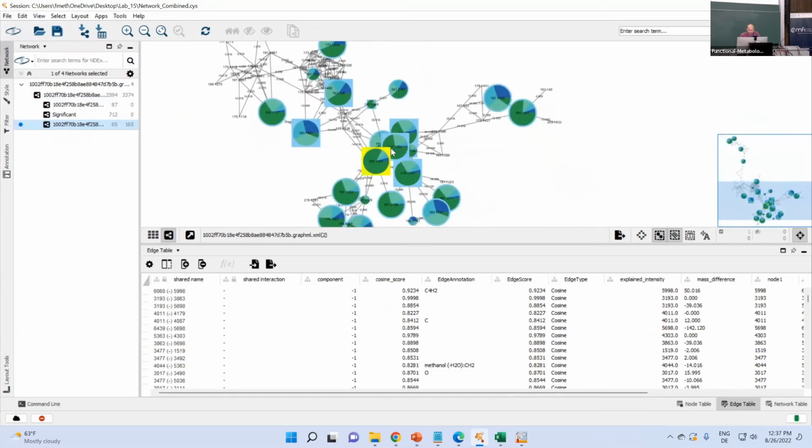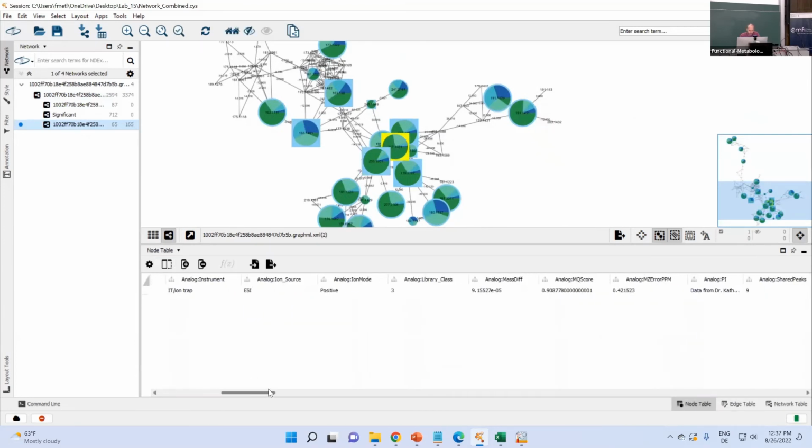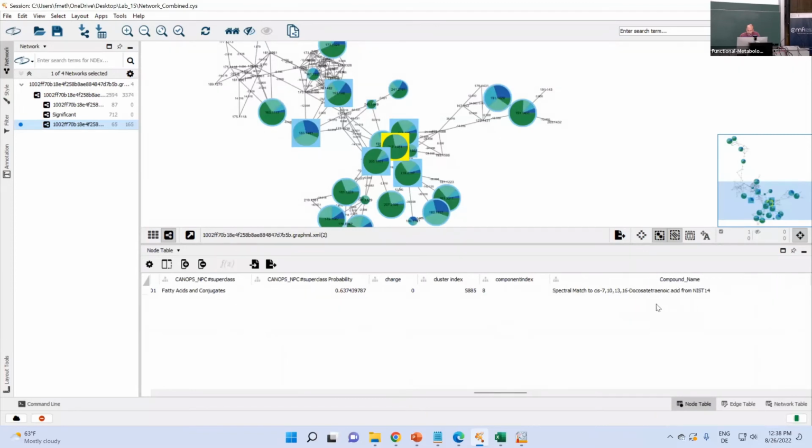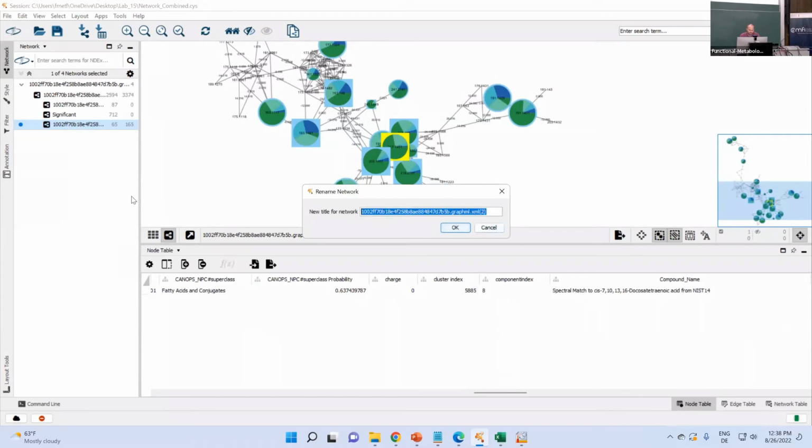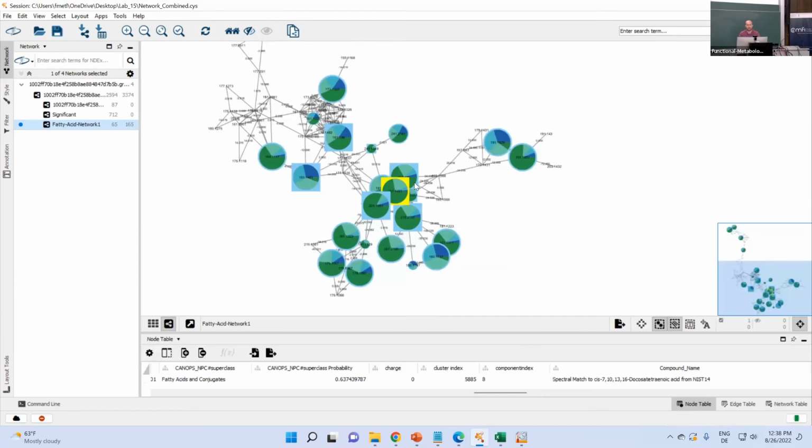Depending on the identity of them, I could give that a meaningful name. Compound name. Oh yeah, so these are some fatty acids. So I'd call it fatty acid network 1. Okay. And now I'm already a step closer towards reporting this,